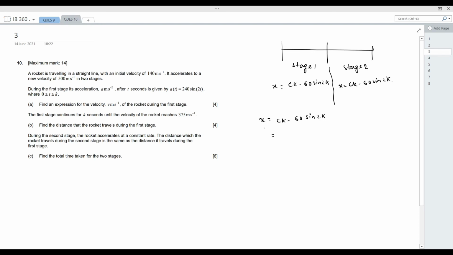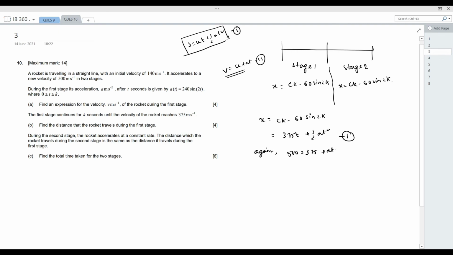Also we can apply this formula, s equals ut plus half of at square. We can also apply this formula v equals u plus at, which we again have in our hand. So if you get all these formulas, then it will be 375t plus half of at square, and it is also equal to that. This is formula number 1 and formula number 2. From formula 1 we are getting that, and again we have 500 equals 375 plus 80.